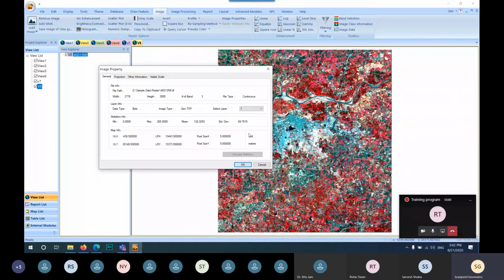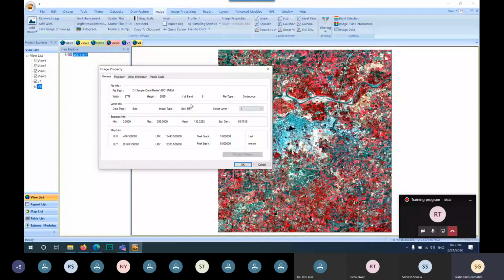That means the spatial resolution of my image is 5 meter. The number of bands associated with a particular image is known as its spectral resolution. That means in how many bands you have got the information of a particular region by the imagery, that is known as spectral resolution.